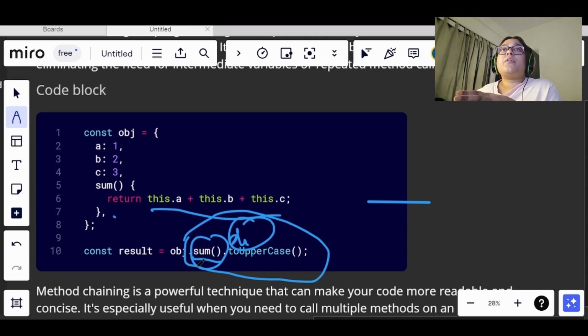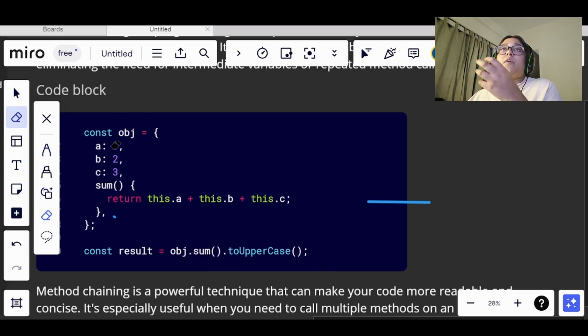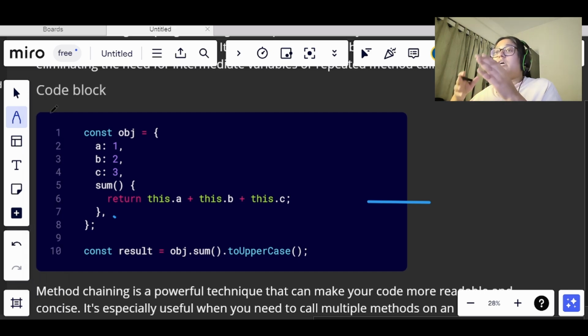So it provides a certain pattern to the code: after sum, the result is changed according to the second function that is called. This is called method chaining.